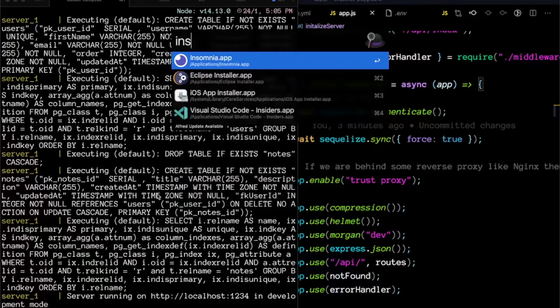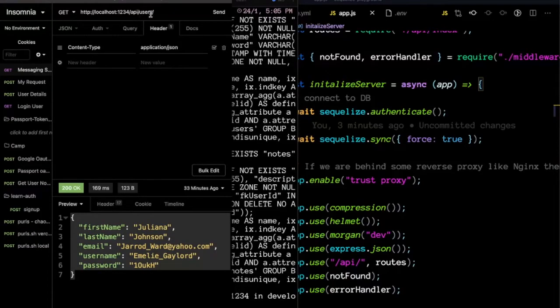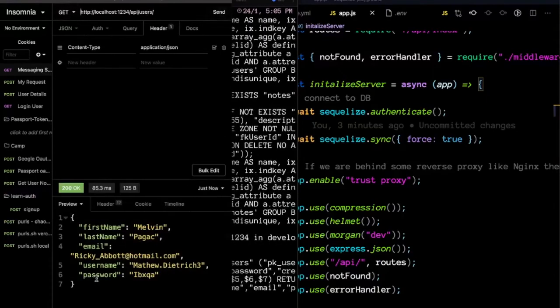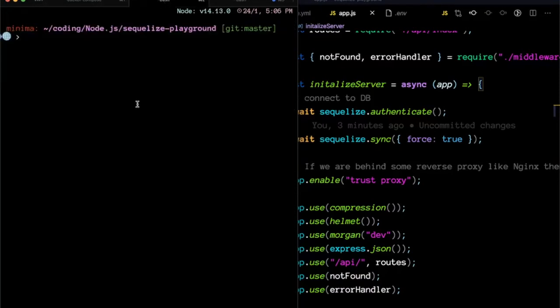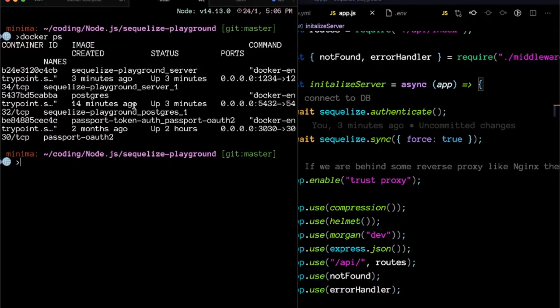So I will open up Insomnia, and here I have mentioned the route for the users endpoint, and it is a GET method. So I will send the request, and as you can see, my response has this user Melvin returned. So let's check in our database whether this user is being inserted in the DB or not. I will first get the ID of my Postgres container.